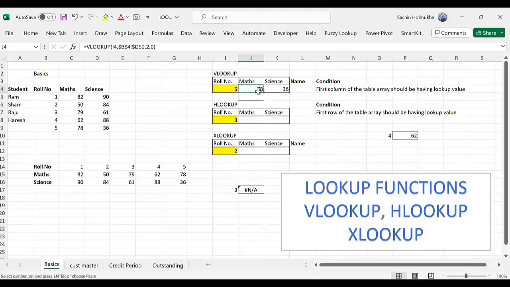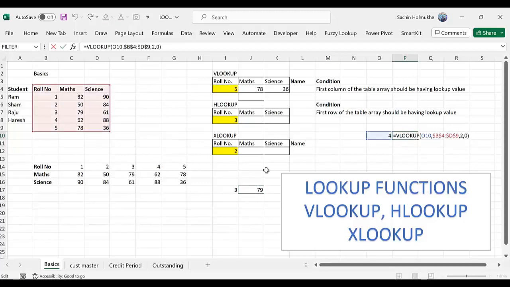Now I copy Control C and I paste here, Control V. Oh, I got the result. See, now it has selected this. This is relative reference because when I copied from this to this it is taking the left side, but the table is frozen. So it has given me the correct answer. Similarly, say for example, I have typed somewhere else, Control C, I paste here, roll number 4. I got the answer because now I have frozen this table. Got it? I have not frozen this lookup value because I want the lookup value which is just left of me. Got it? So this is the importance of relative referencing. Okay. Now